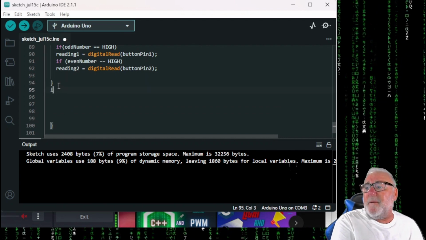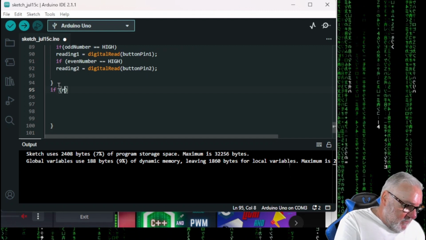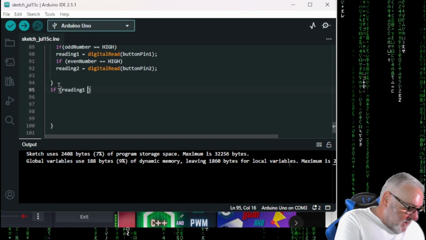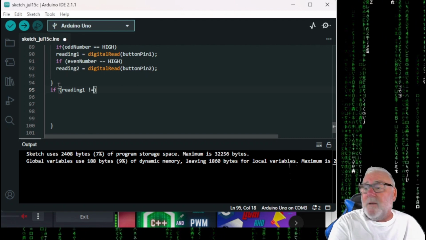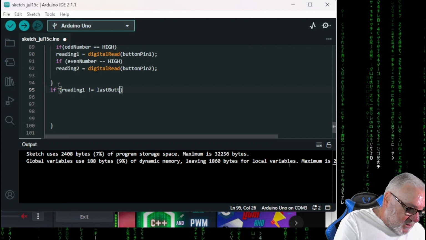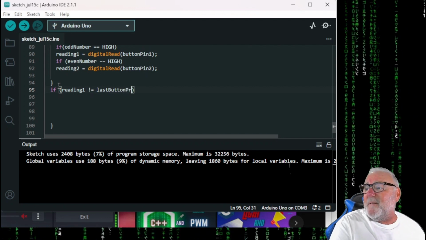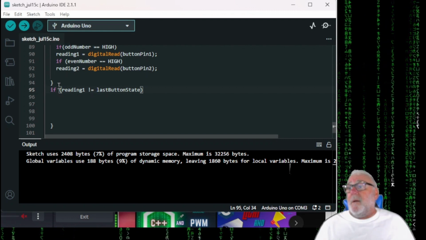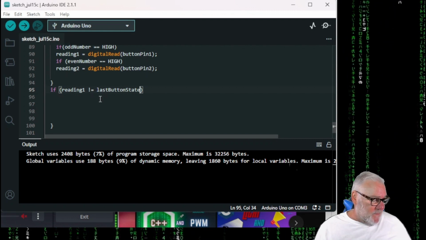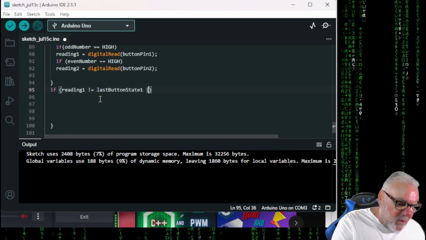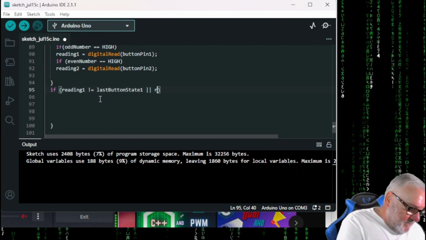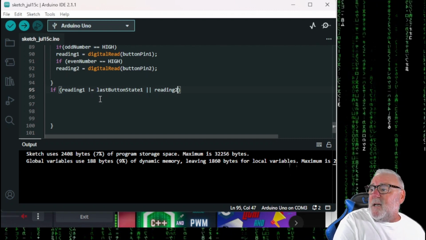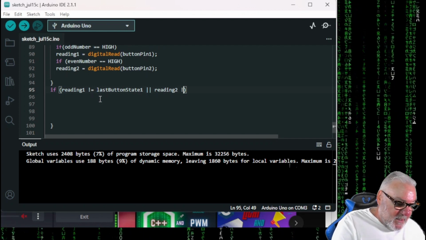If brackets on, reading 1, exclamation mark, equals last button state, last button state 1, space, line 9, reading 2, space, exclamation mark, equals,